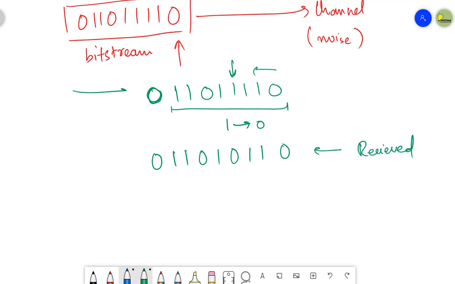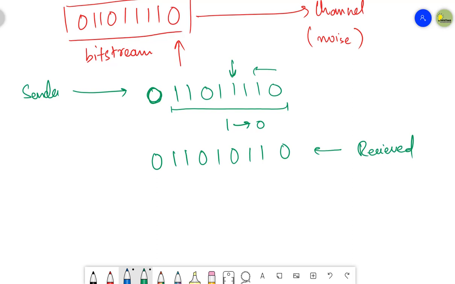This was the data sent by the sender, and due to the data corruption, it was changed and the received data is 0 1101 0 110. Now, how is the receiver going to detect the change in data? Keep in mind that there is an agreement between the sender and the receiver that they are using the even parity system. Both the sender and the receiver know that.